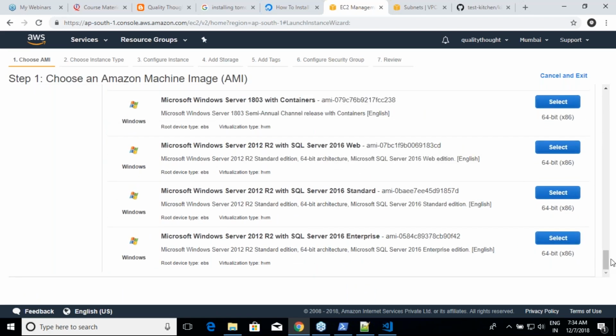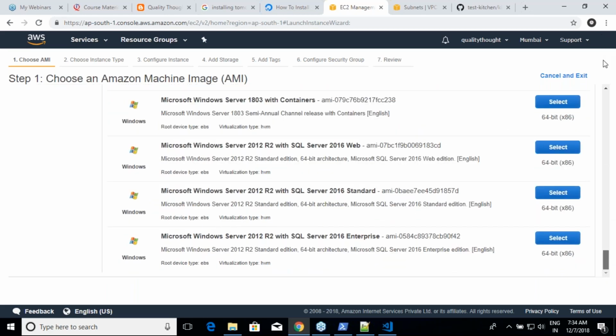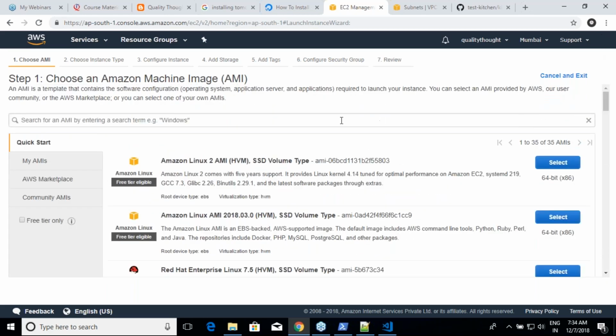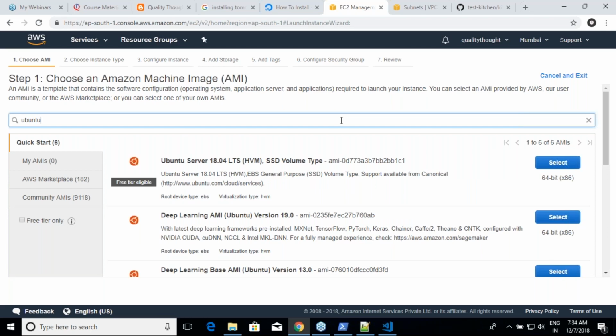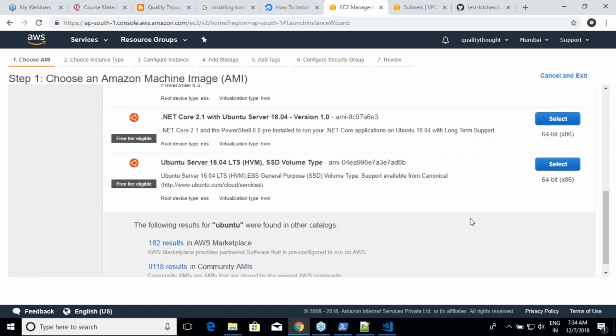Where is Ubuntu 14, by the way? I'm not finding it, so I'll take Ubuntu 16 in this case.